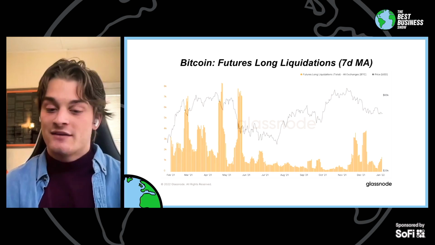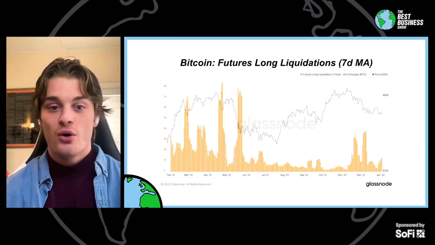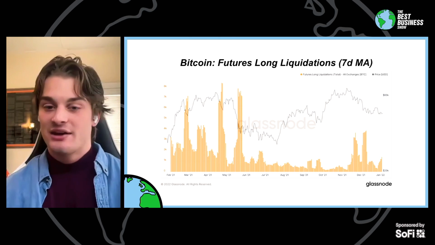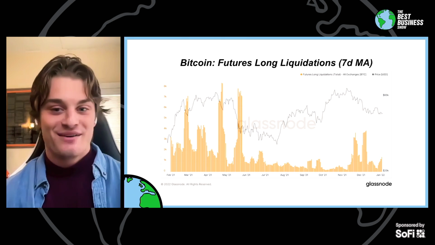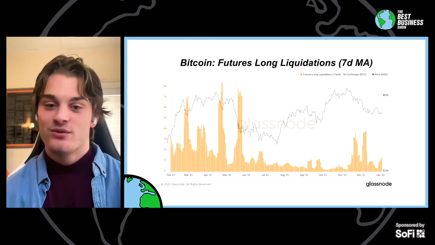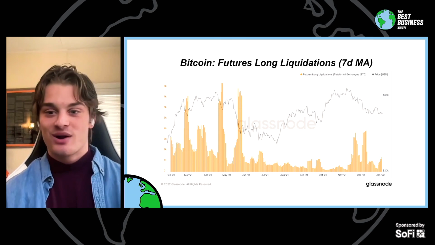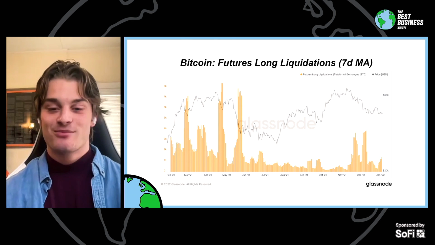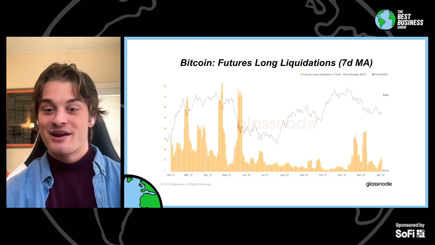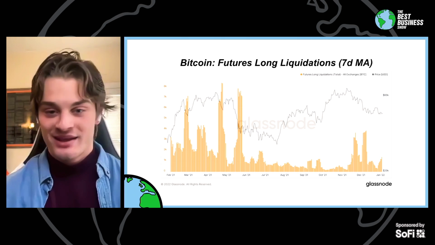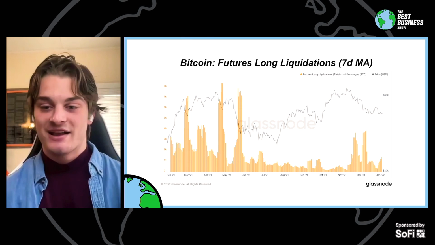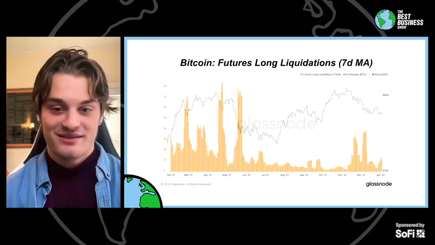Speaking of those liquidations, you have the futures long liquidations, and it looks like things were real crazy back in the beginning of 21, but kind of cooled off towards the end of the year. Yeah, so I threw this up here just to show what happens when dislocations occur, right? If you think about the financial crisis of 08 or 2020, every time there's a 20, 30, maybe 40% drawdown in traditional markets, what happens? The lender of last resort comes in, they bail everybody out. In 08, they bought all the bad debt off the banks' balance sheets and pumped a bunch of money into the system to keep it afloat.